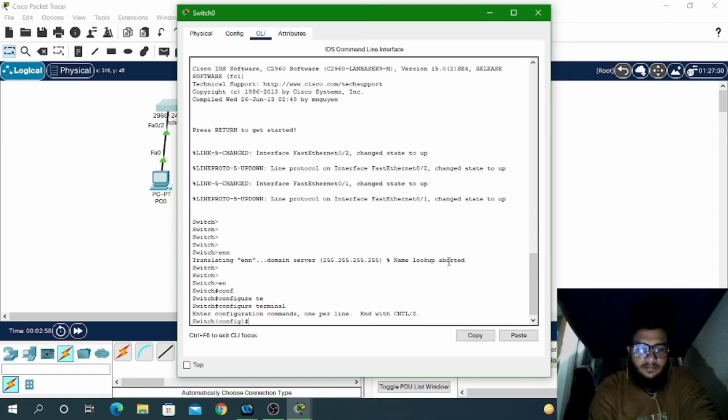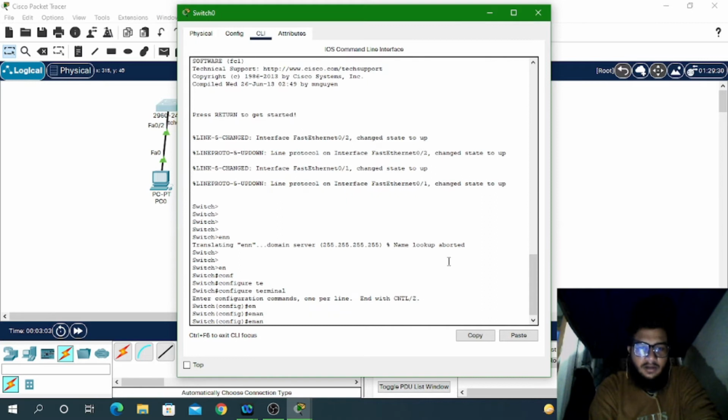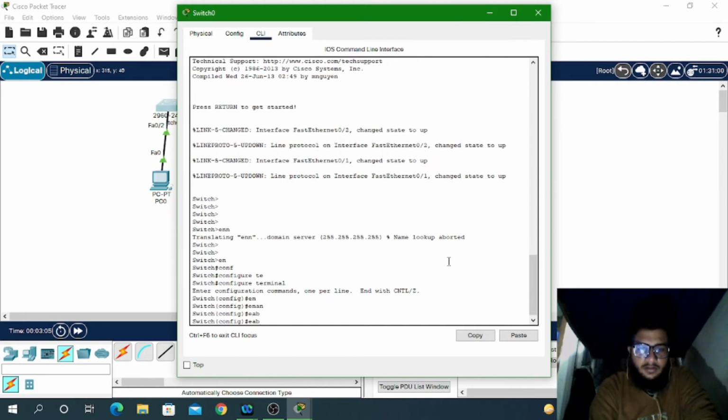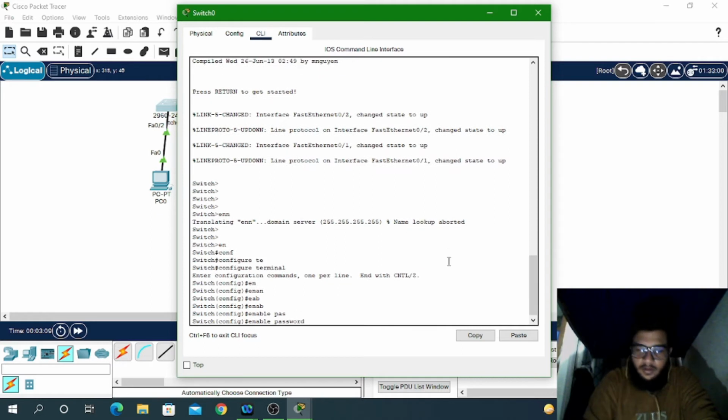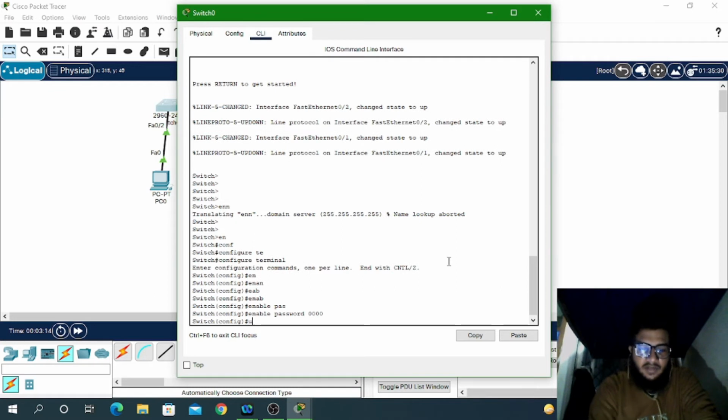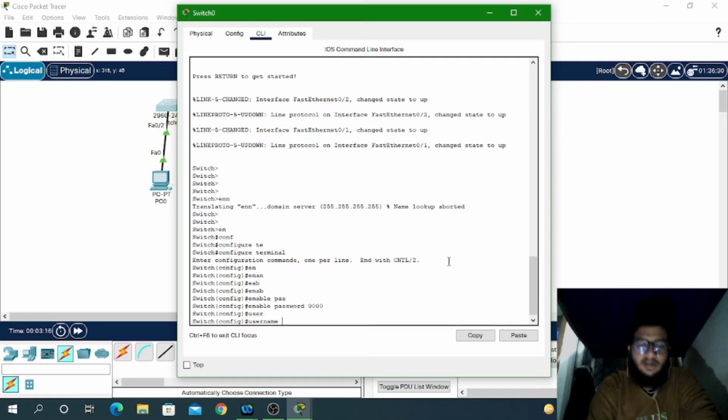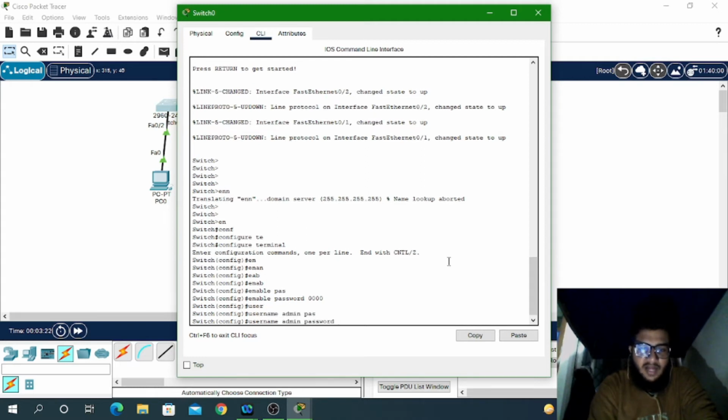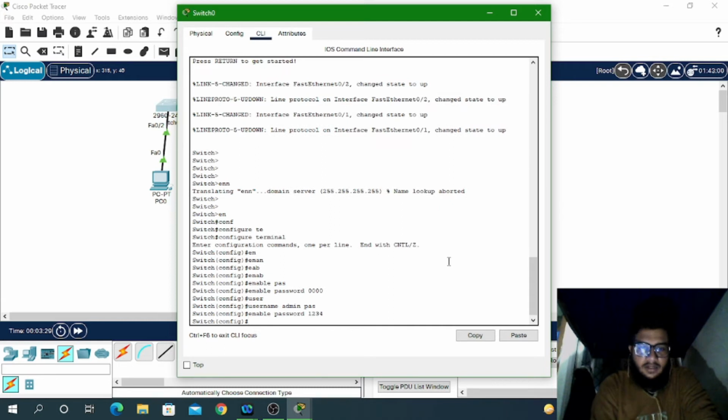Then type here enable password, and I'm giving the password as 0000 for keeping it simple. Then I'm giving the username. Is it compulsory to give? Yes, it's compulsory to give a username. So I'm giving the username as admin, and here the password I'll give 1234, simple, enter.